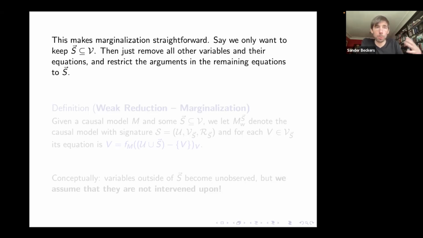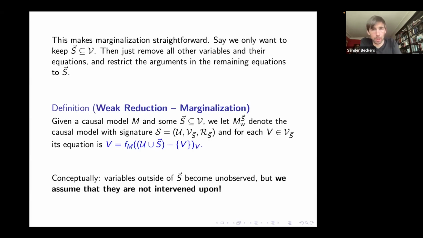So say we only want to speak about the variables in S, where S is some subset of the endogenous variables. Well, to make that precise, you just get rid of all the other variables, you get rid of all their equations, and the remaining equations, you have to specify what they look like now. Well, you're going to do that by simply speaking about the arguments such that they only mention S. So you can define a weak reduction, which is essentially